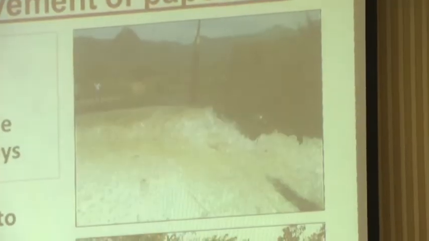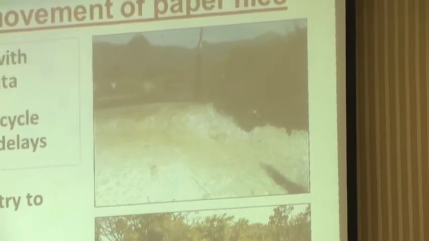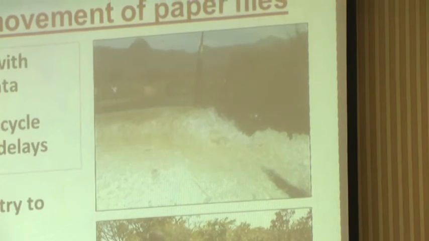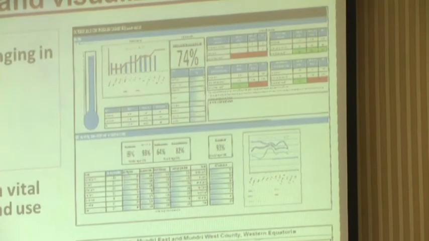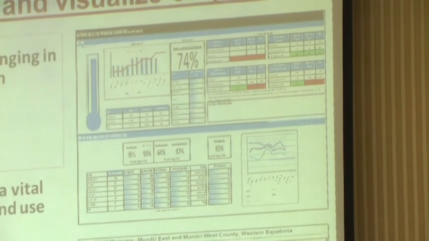The top picture is an example of us going on a field visit to do data quality assurance. That's actually the top of the 4x4 that we're using, because we had to cross a river to get to the other side. And once that river is flooded, you can't access the area for months. Next slide. The last thing is to make sure that how you set up the system